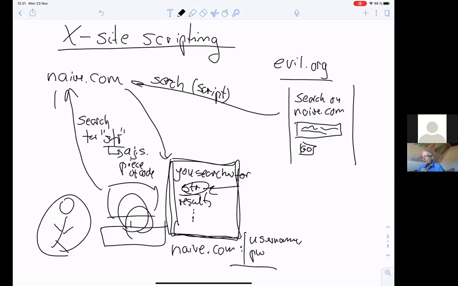Again, it's really important here to understand where the problem is. Some browsers try to stop this kind of attack by saying, I don't want to see executable script everywhere. For instance, if you try to send off such a search request containing executable code, then that shouldn't be there, so I'm going to stop that. So browsers try to detect this kind of attack and stop it. But it's actually very difficult to do this completely,